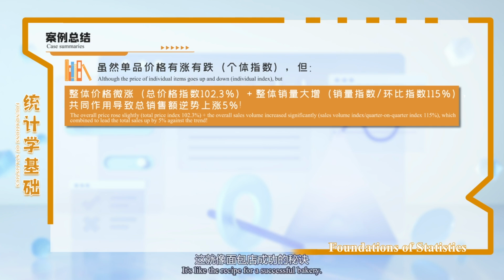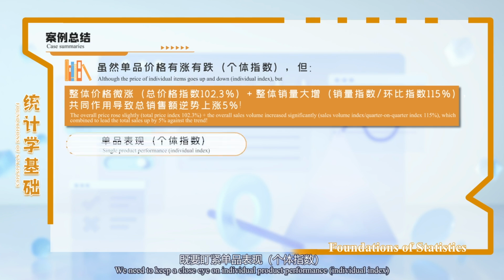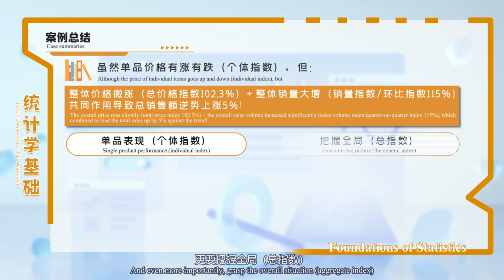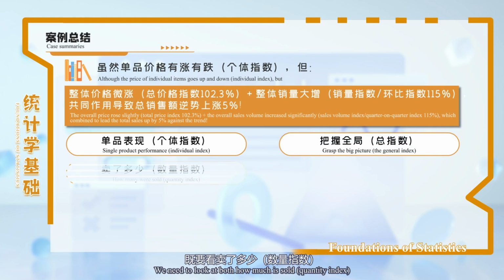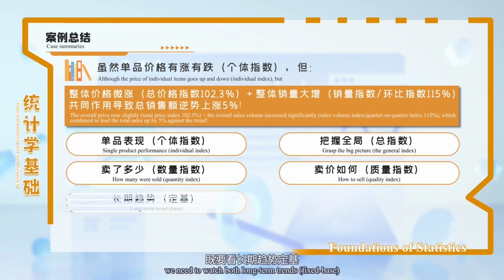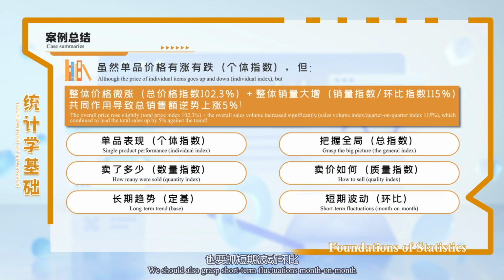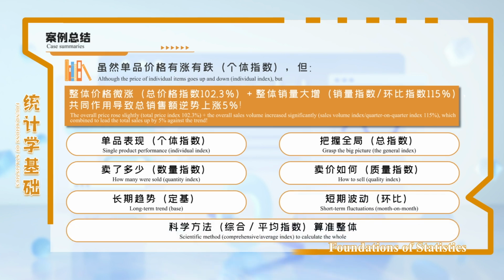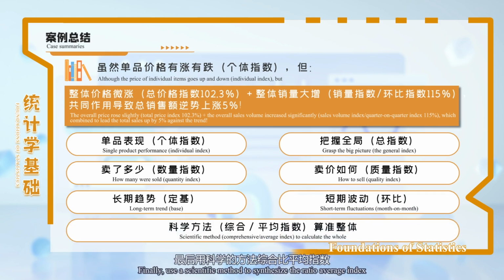It's like the recipe for a successful bakery. We need to keep a close eye on individual product performance, the individual index, and even more importantly, grasp the overall situation, the aggregate index. We need to look at both how much is sold, the quantity index, and the selling price, the quality index. We need to watch long-term trends, the fixed base, and also grasp short-term fluctuations, month on month. Finally, use a scientific method to synthesize the ratio, the average index,